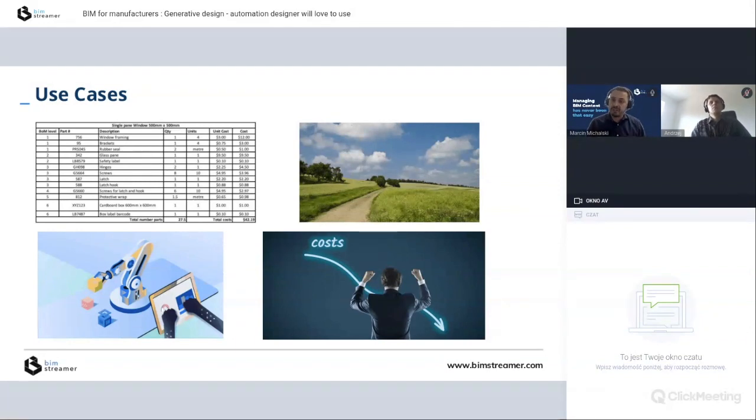So the generative design can allow the designers to actually focus on the creative parts of the project instead of the parts which are repetitive, which are pretty tedious. I think that if some of you are the designers, I'm sure that you had the pleasure or unpleasure to verify whether all 40 toilets in some block of flats or in the hospital meet some specific standard criteria. Maybe this doesn't have to be done manually. Maybe this kind of work can be somehow automated, and maybe your work should be focused more on the creative part